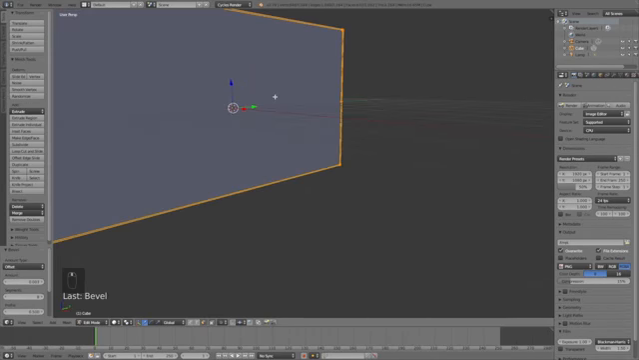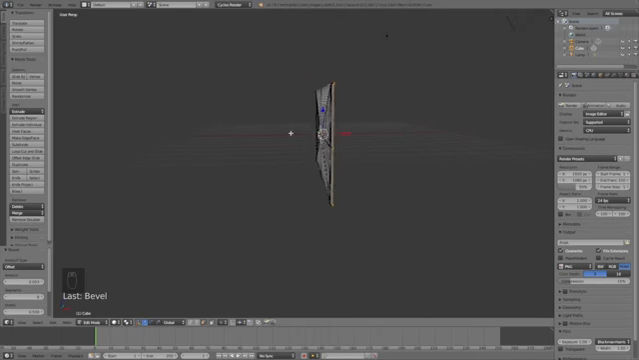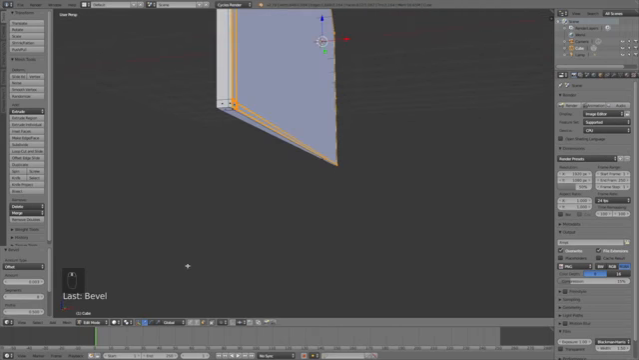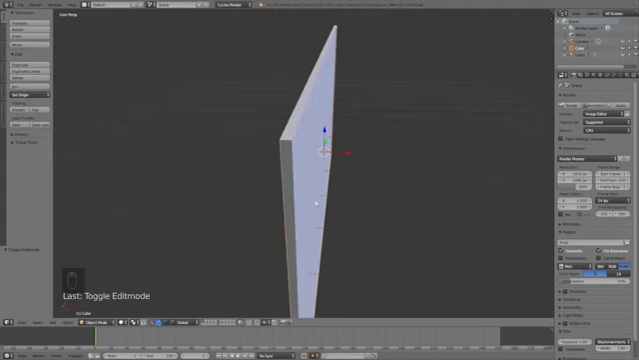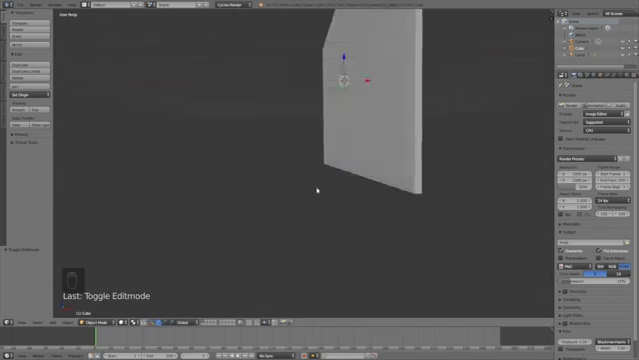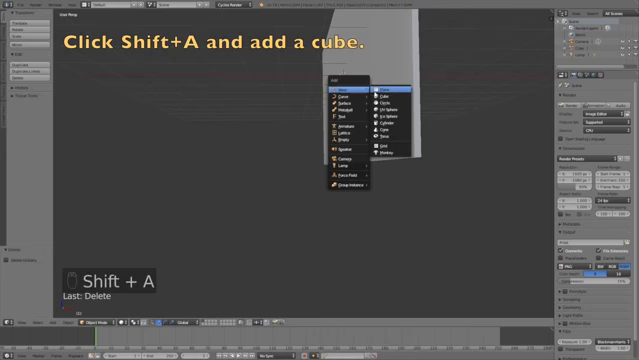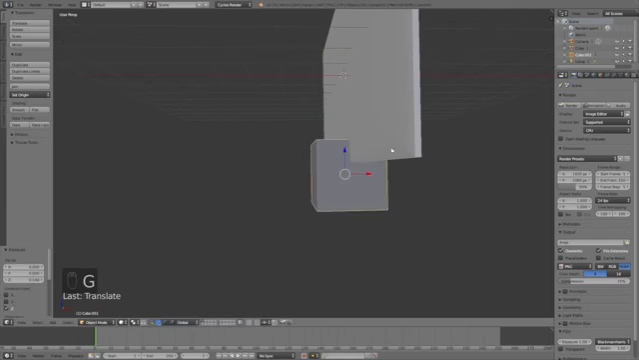Now to make this tutorial as simple as possible, I will only use cubes and cylinders to create the TV stand and the TV table below it. So to add a new object, go back to object mode and then click Shift A to add the cube. So Shift A and then a cube, and then click G, then Z to grab the object on the Z-axis,